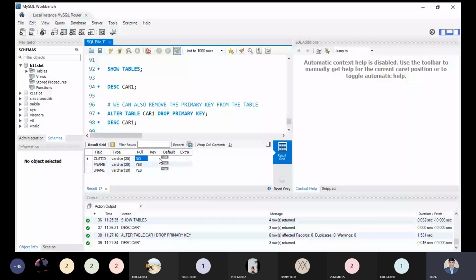Is it removed? Yes, tell me right now. Yes, sir. Okay, so that is a point we have to keep in mind. Finally, we have removed it, but the not null constraint we have already defined remains. So it will not accept null, but it can have multiple copies. It can have duplicate values, but it can't have a null value.